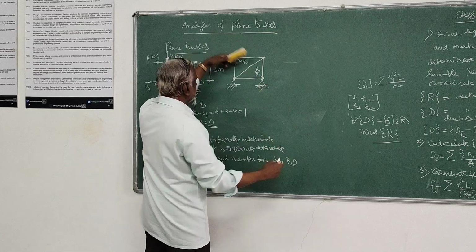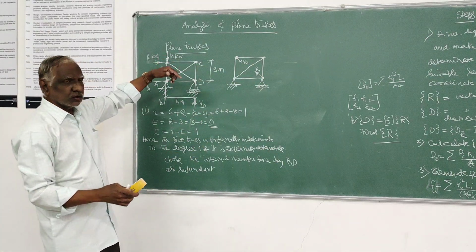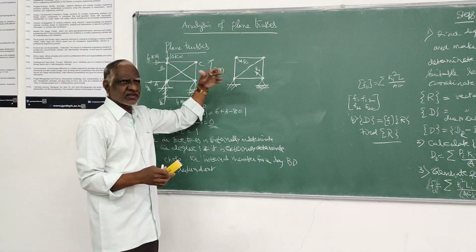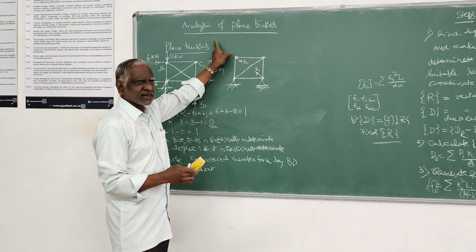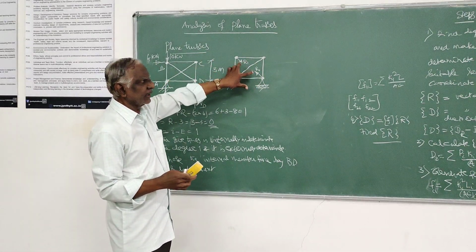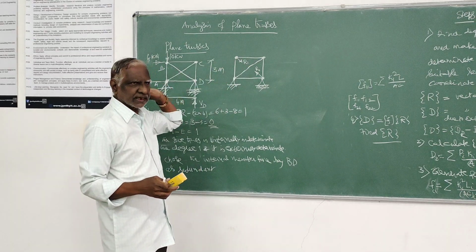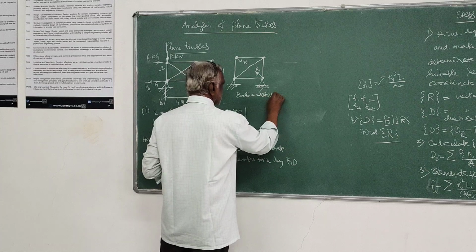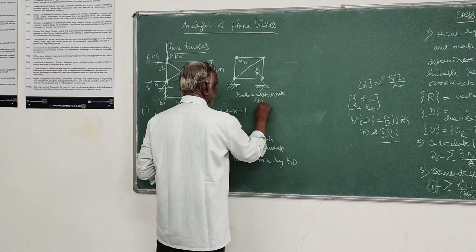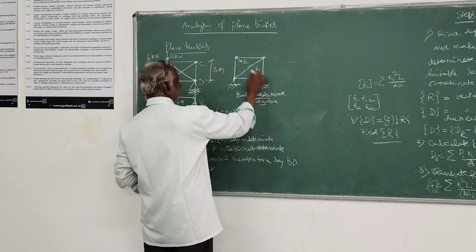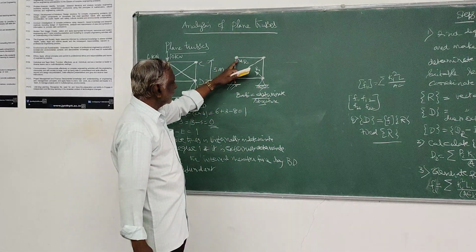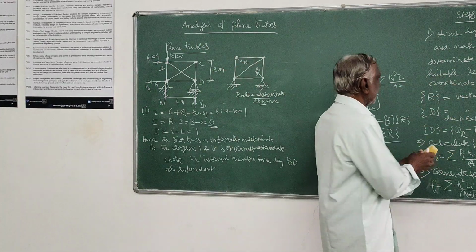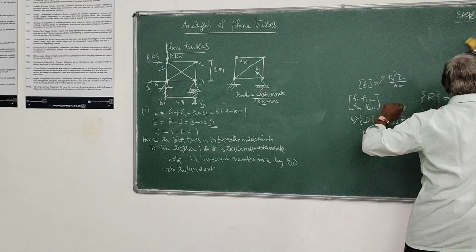That coordinate direction will be like this. It is a tensile force. I told you, tension is usually what we take to start with for the forces. So I will take it as tensile force, that is the only redundant force, and that is the coordinate direction. So this is the basic determinate structure with redundant and coordinate. Redundant is this member force, coordinate is this tensile direction. So that is your first step. You have done this. I can remove it.